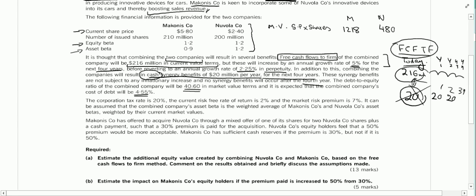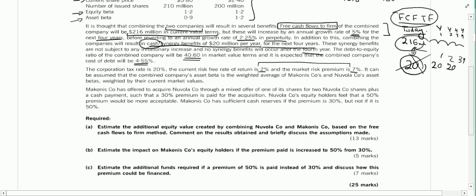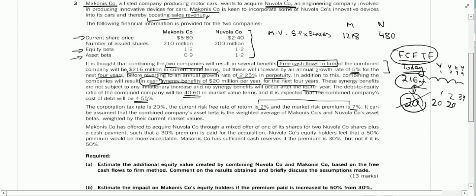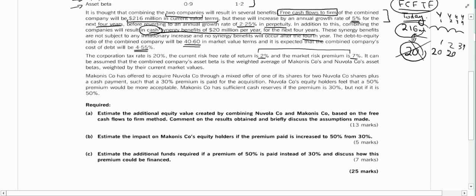The corporation tax rate is 20%, the current risk-free rate 2%, market risk premium 7%. We are provided this information to apply the capital asset pricing model formula. Since we are also given the betas, equity betas and asset betas, we can use CAPM to calculate cost of equity. It can be assumed that combined companies asset beta,